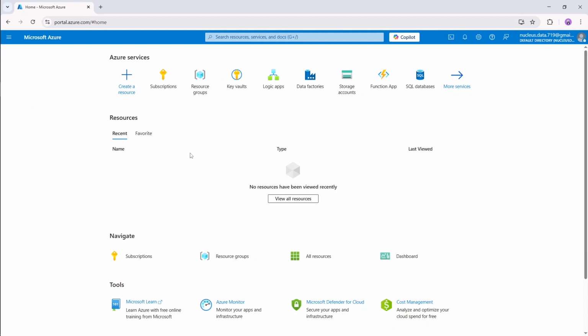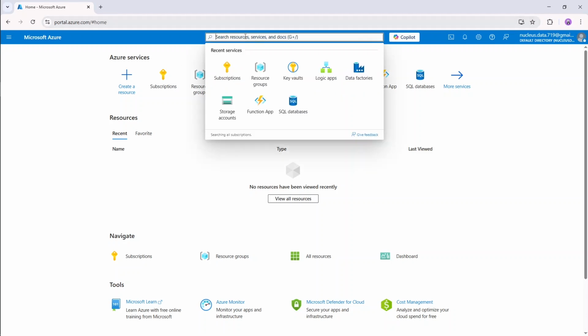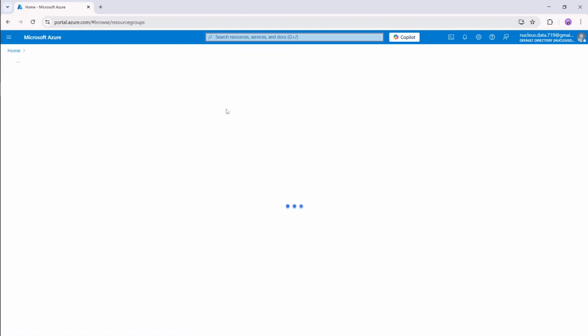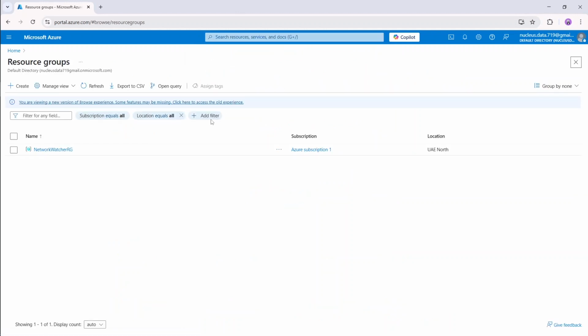Now, the first thing we will do is create a resource group. So click on search and type here resource. Click on resource groups. Click on create